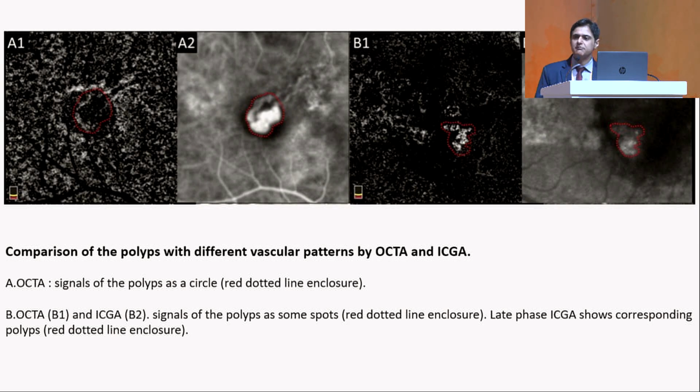Why is this? Because the blood flow is usually very slow in a polyp. However, at the edges of the polyp, the blood flow velocity is much faster, so it picks up in the form of a complete circle or a half circle. Another example is a cluster of polyps seen as hyperfluorescent on ICG. On OCTA angiography we can see white dots, which are just a cluster of polyps. If you have such a picture you can probably pick it up on an OCTA, but having such polyps is very rare.